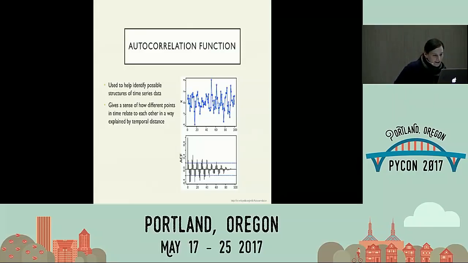So what you can see here is on the top, you see a time series that, to be perfectly honest, I would look at and say, I don't know if I see any structure. Like maybe this is just some random noise people measured on the subway and it had nothing to do with anything. But then if I look at the autocorrelation function, I can actually see that there's some very high correlations at certain periods. So the first point will always be 1, because that's always going to just be a delta of 0. How does a point correlate with itself? If that is not 1, there is definitely a problem in your code, or there is a NaN somewhere. So that should always be 1, right? How does a point correlate with itself?